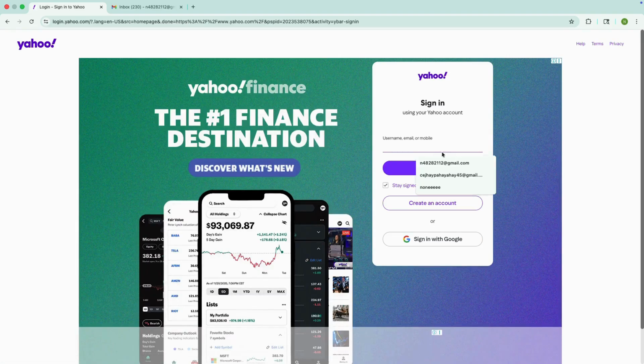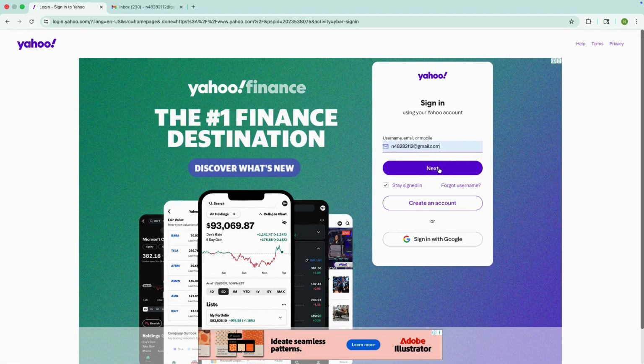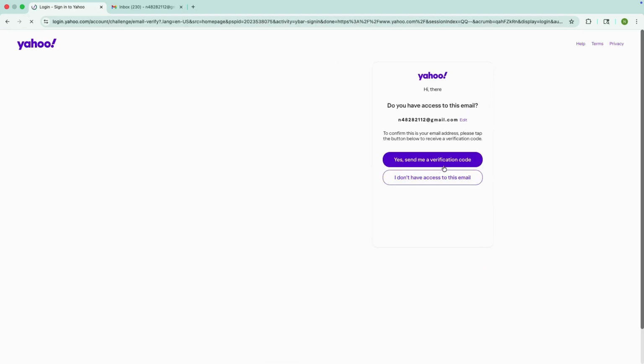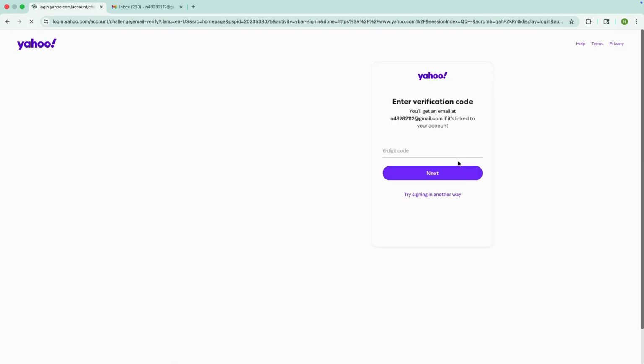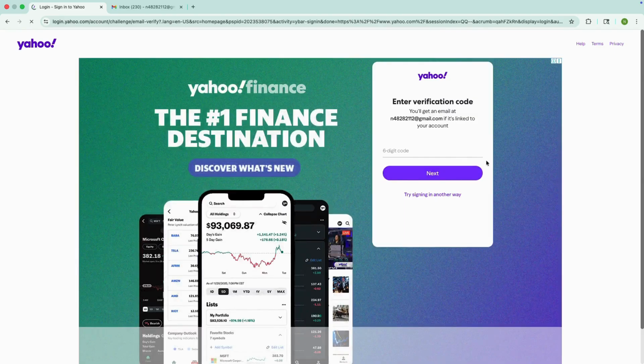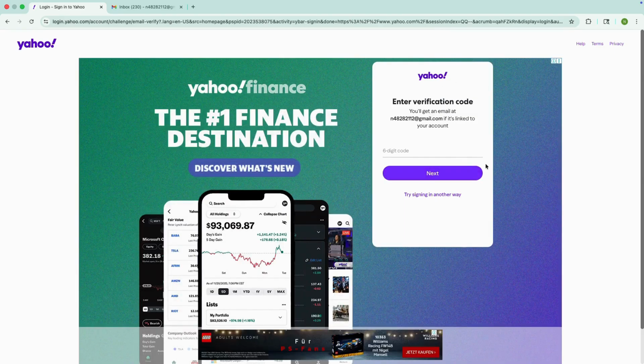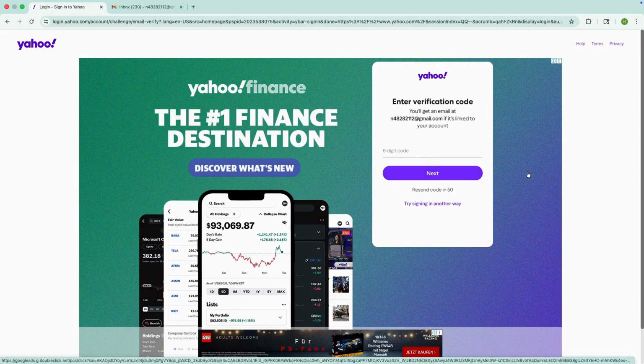Now go back, and this time type your email address in the box, and then after that, you'll be taken to the next page. Before, Yahoo used to ask for your password. Now Yahoo has updated their policy and simply sends a verification code to your email whenever you try to log in. So this just makes it easier for you to log into your Yahoo account even if you forgot your password. So just go to your email, copy the code that Yahoo sent you, and then paste that code back